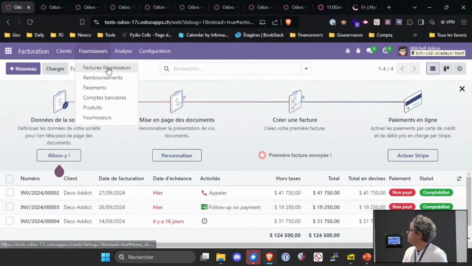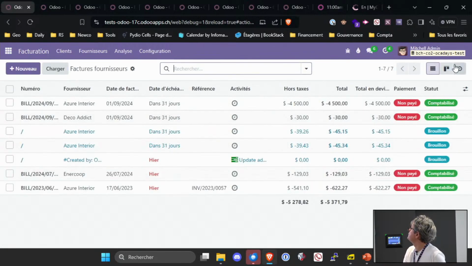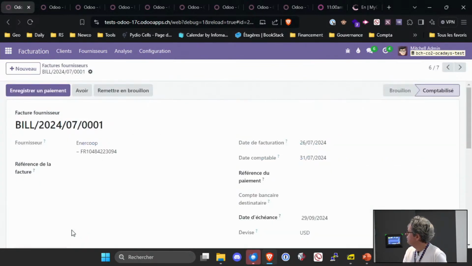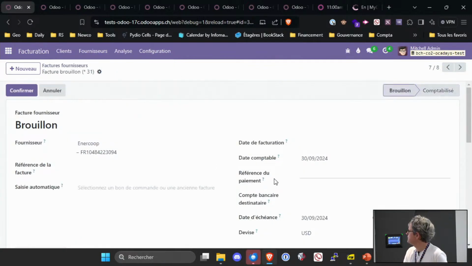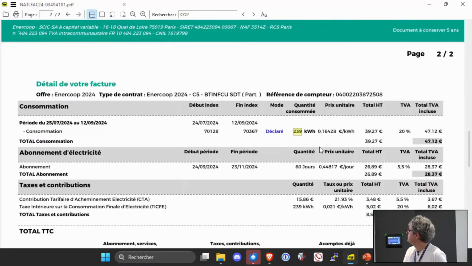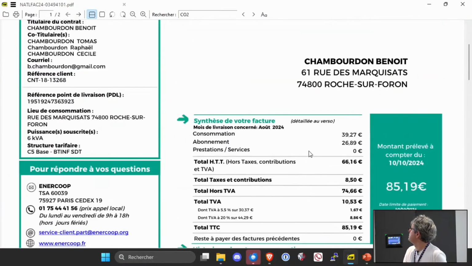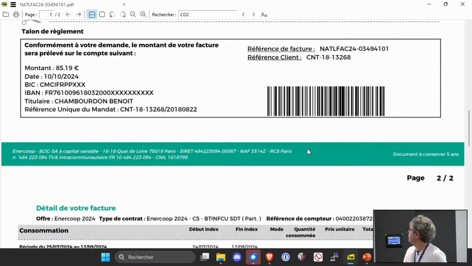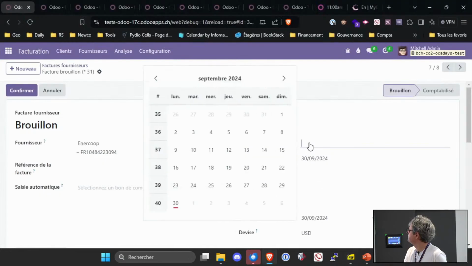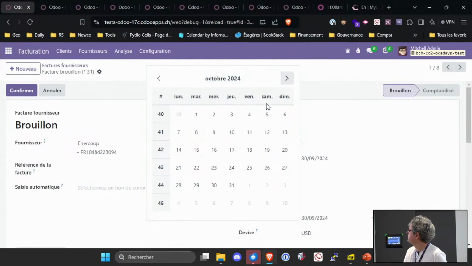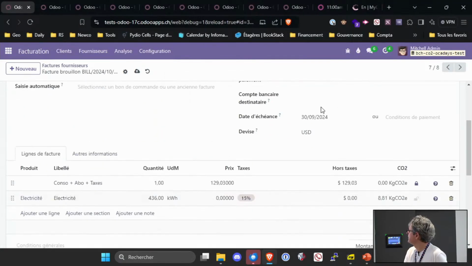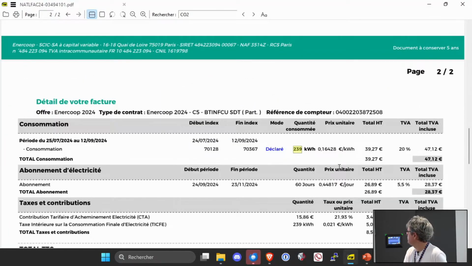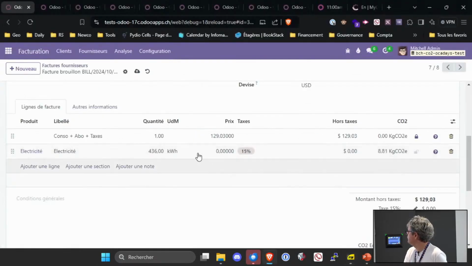If I look at the supplier invoices, let me take the one from the previous month. As usual, I duplicate this one, starting from there. It is an invoice from the 10th of November. And this time I'm paying 85.19.